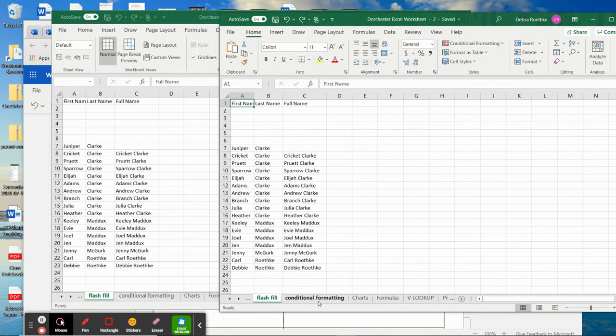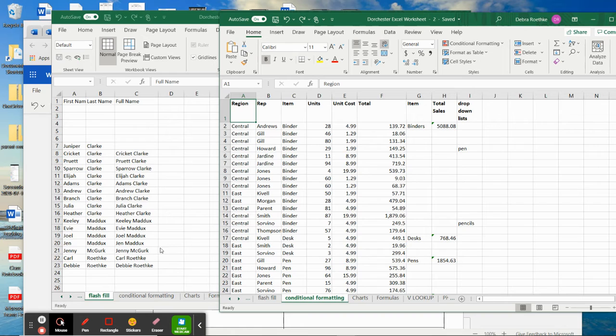So I've got flash fill. Maybe I'll put this on conditional formatting so I can look at them side by side. You might normally use this to compare two different spreadsheets, but we're just going to use the same one for now. So now that I have a second window